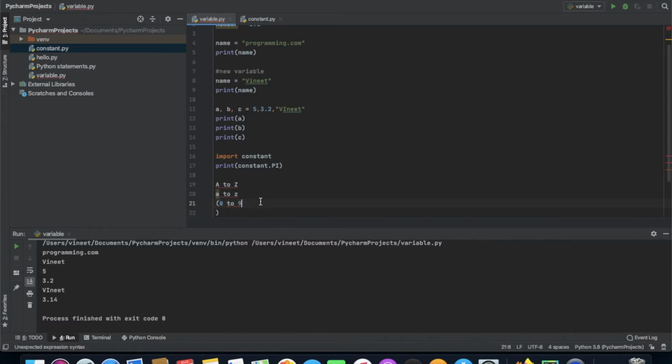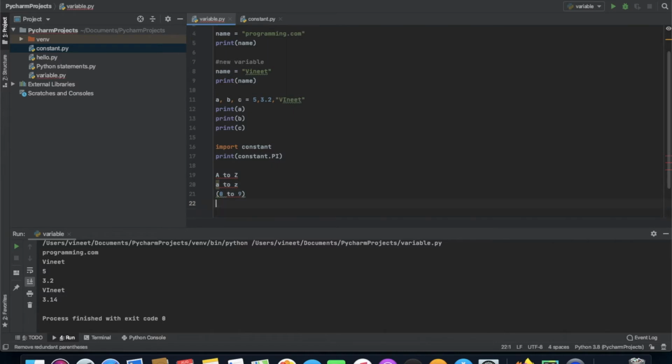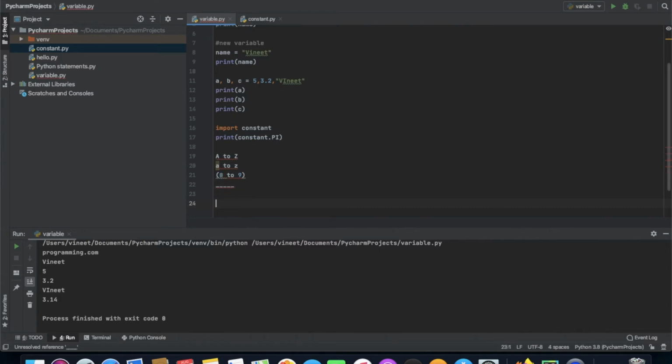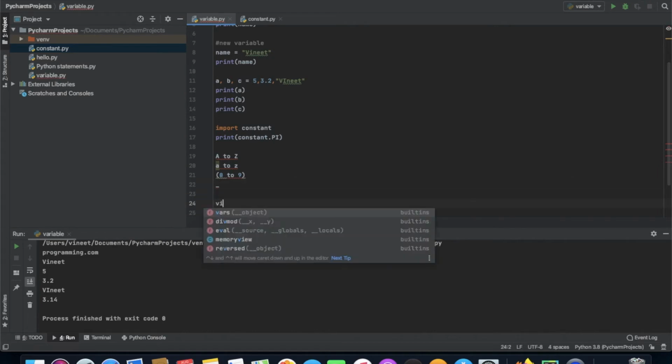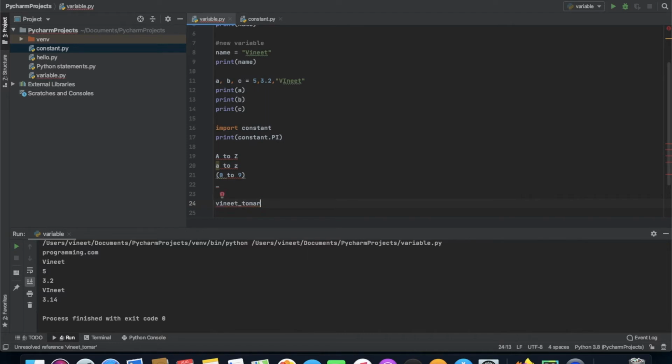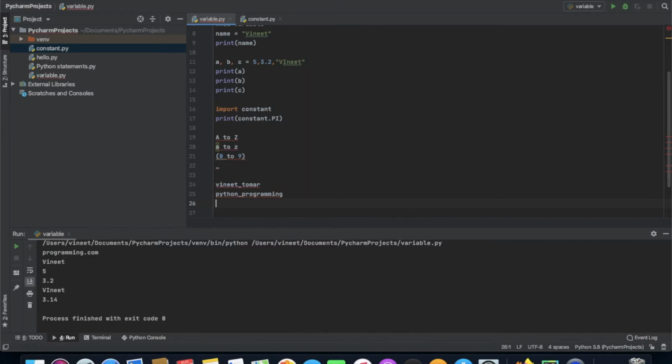We can also use underscores. If there's a big name, then we can write it like this. If I want to initialize my name to a variable, then I can write it with an underscore. Or I can say python_programming. So these are the ways we can initialize a variable name.